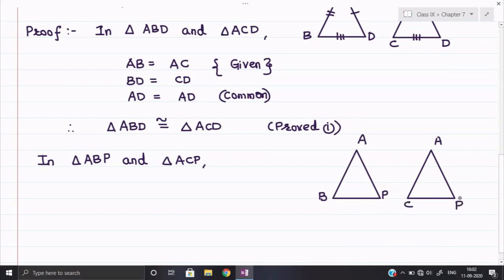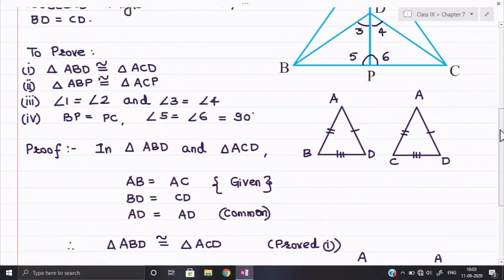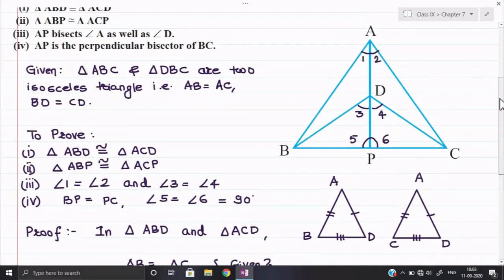Okay. Now, in these two triangles, what we have given equal. First of all, you observe AP and AP are common. So they are equal. AB and AC are equal because it is given in the question. AB and AC are equal. Now what else? We do not have any other side or angle equal in these two triangles. Okay, but suppose we take the help of the previously proved two congruent triangles, observe we have already proved triangle ABD and triangle ACD are congruent.